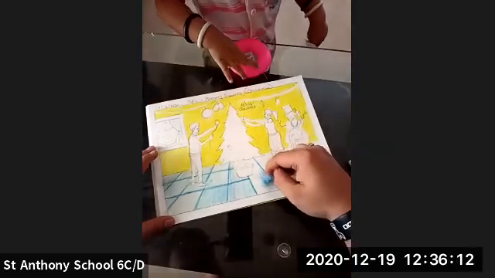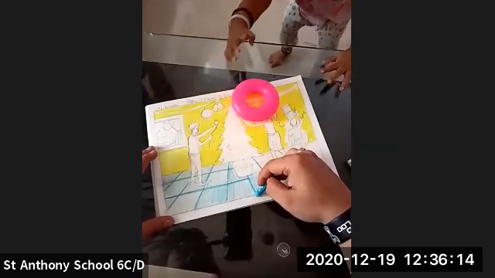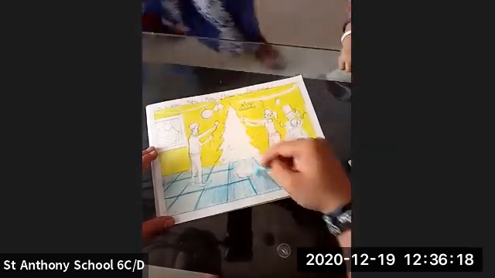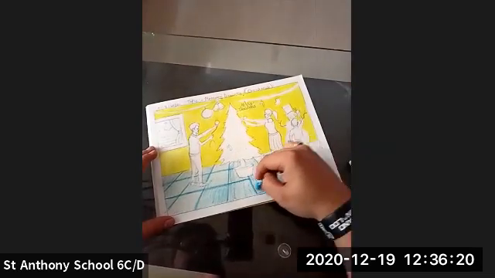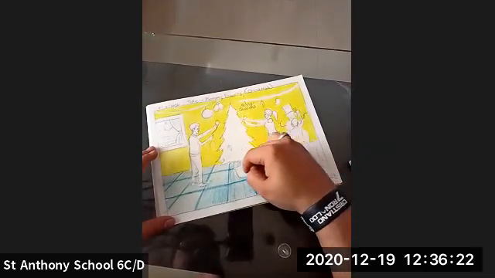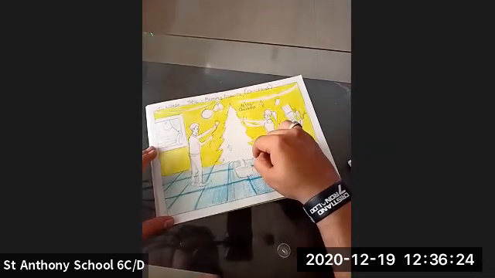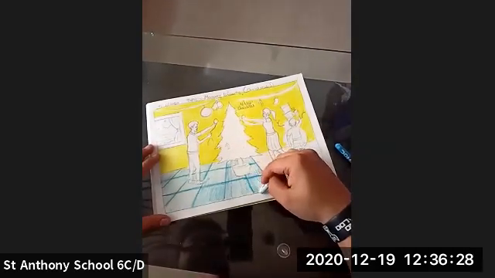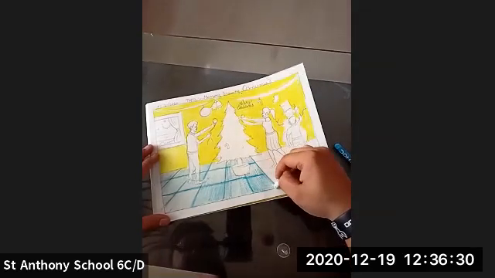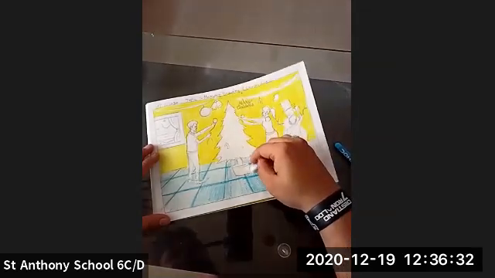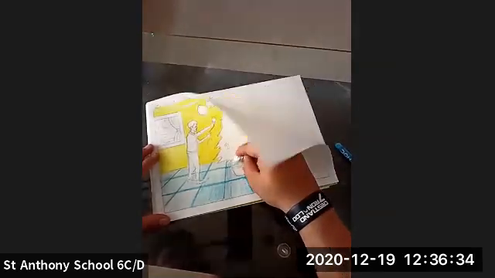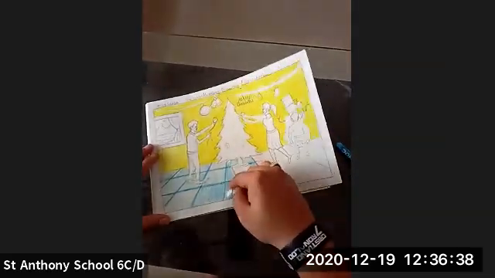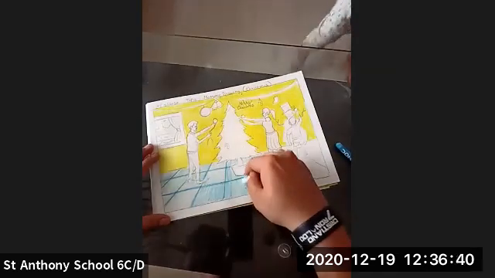This is how you're going to color it. After doing this, we are going to take white crayons, white oil pastels, and just merge it. Just look at this.